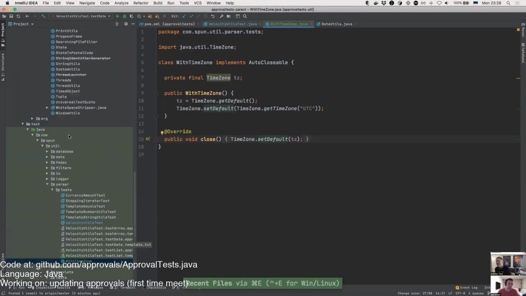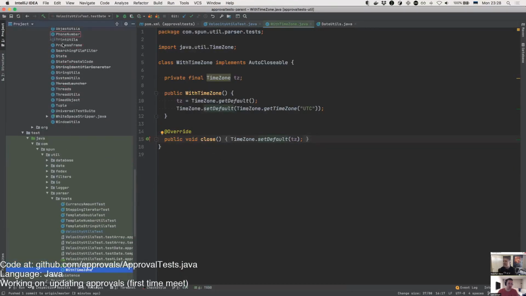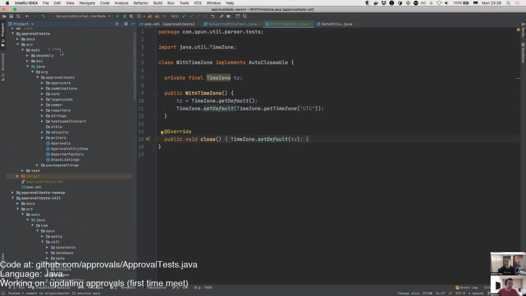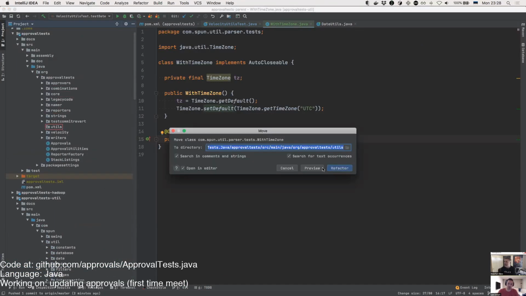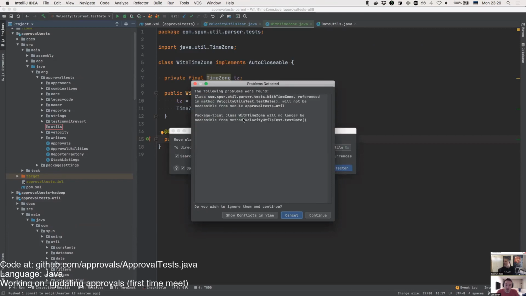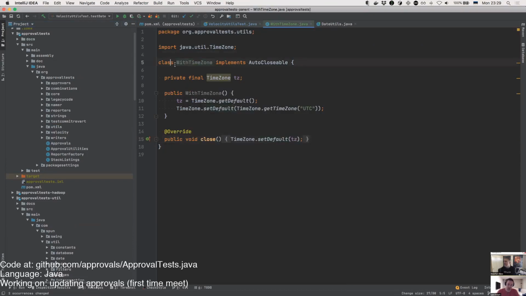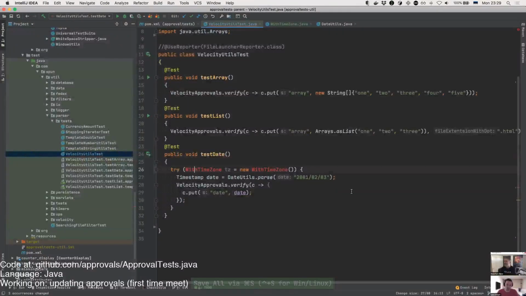Yeah. Back to when I had line breaks. Approval test utils refactor. Well, that's okay. That's my template to create package private classes. But now I think we have to update this one again.